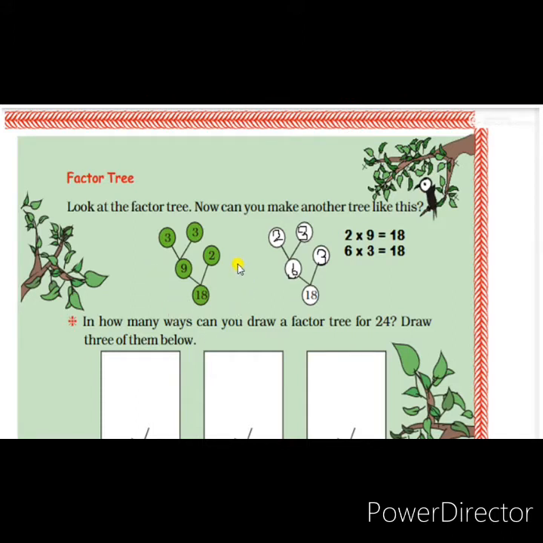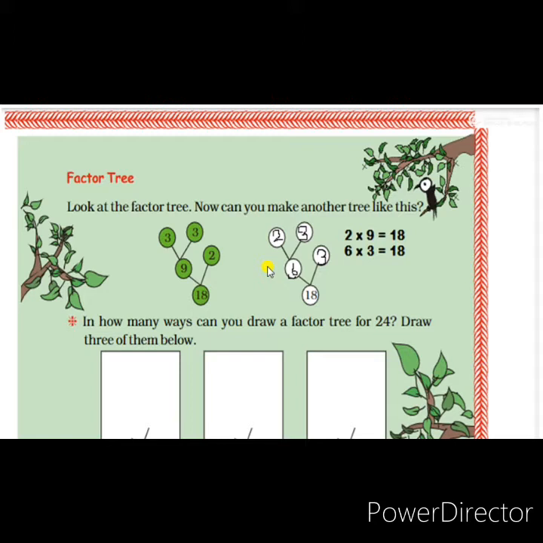3 3s are 9. So the prime factors of 18 are 2, 3 and 3. Sorry, not 9, it is 2, 3, 3. Now you multiply those factors. 3 3s are 9, 9 2s are 18. So in this way we can convert any composite number into prime numbers. This is known as prime factorization.